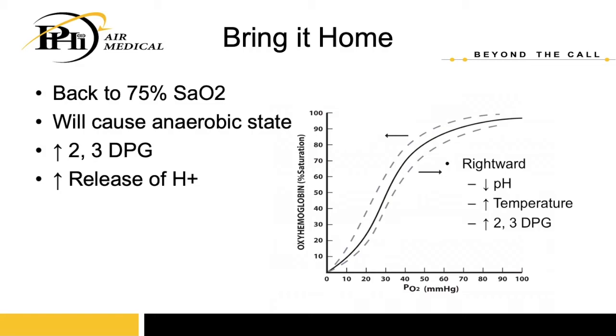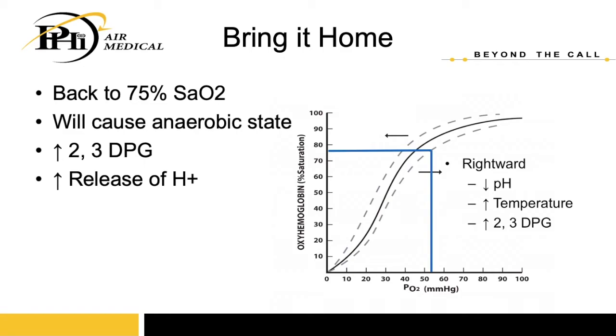So now let's look at that 75% saturation, keeping in mind that this rightward shift, that little dotted line on the right, is really mild. We can have some pretty profound rightward shifts if you have a huge acidosis or a huge hyperthermic issue, or you have a ton of CO2 inside of this solution. You're going to have a big rightward shift in that curve, and it's going to be a much more impressive number here. But in just this mild shift at a 75% saturation, it increased our PO2 up to about 55-ish,